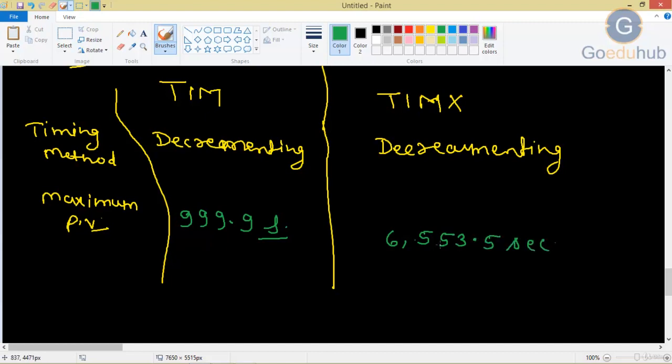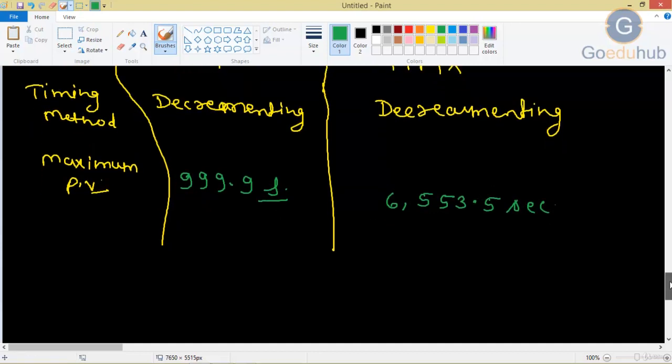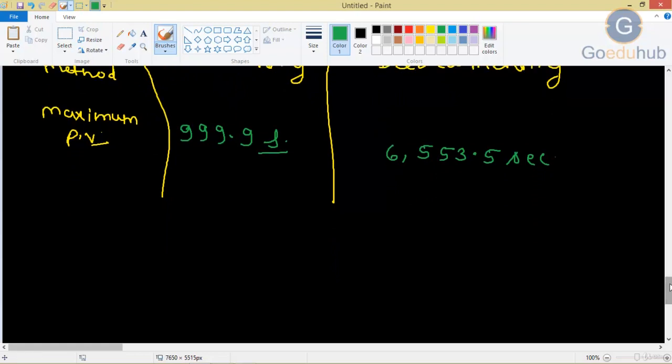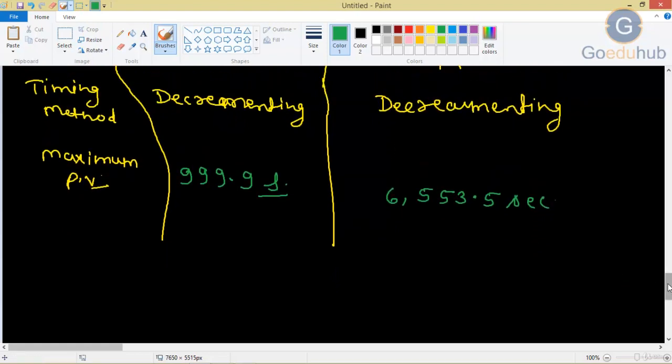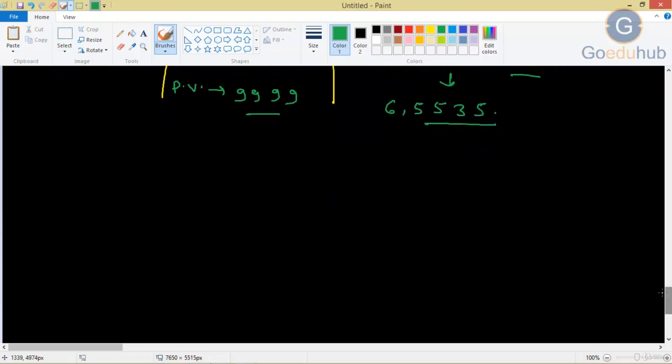We will see both things in the software, whether we can provide more than this or not. So first remember, for providing this, the preset value will be #9999, and for this the preset value will be 65535. This is in decimal, and the other will be in BCD.